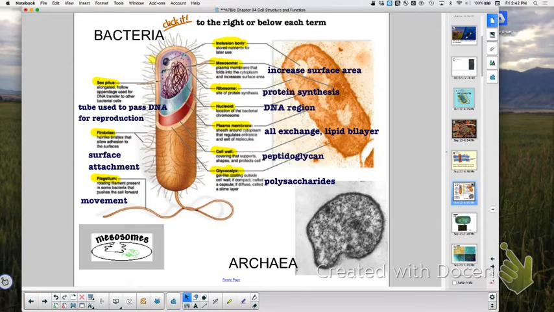I can fold and surround the nucleoid region, and then I can create a nucleus instead of a nucleoid region because I'm surrounded by a membrane, right? So that mesosome is a little foreshadowing. Yes? Okay. Now, where the DNA is, and we didn't talk about that in the previous chapter, where the DNA